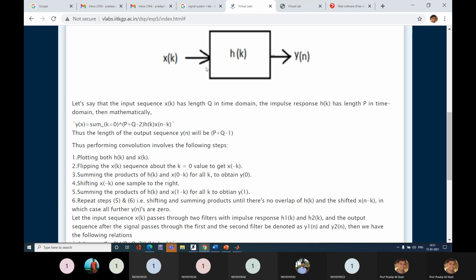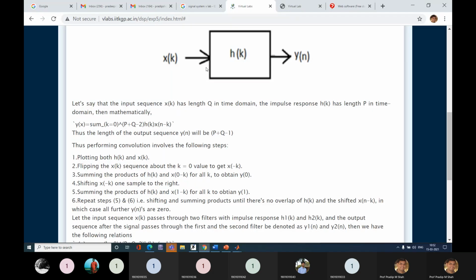In general, we are taking a summation from minus infinity to infinity. This is the first operation. My second operation is that I can reverse any one signal, either the input or the impulse response.